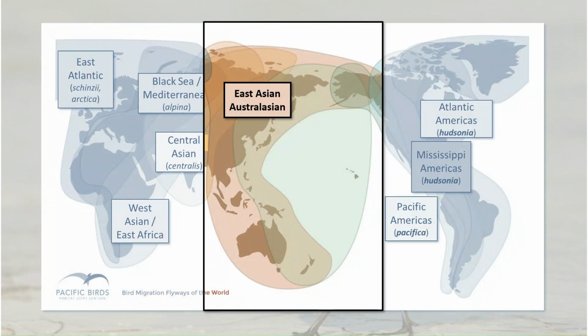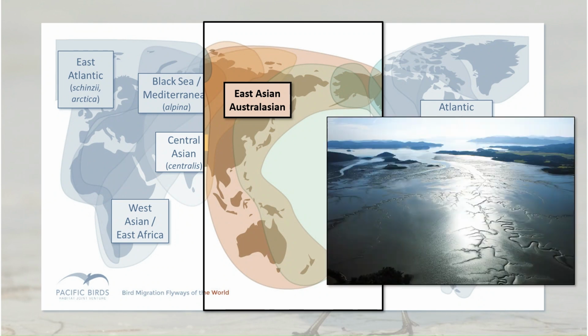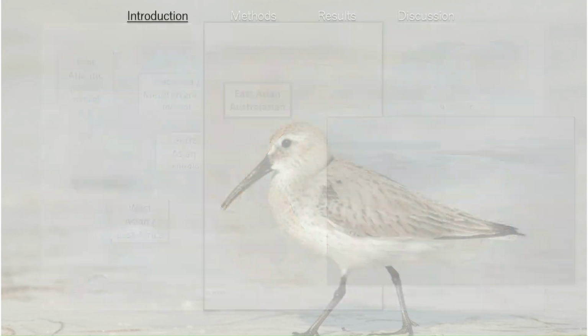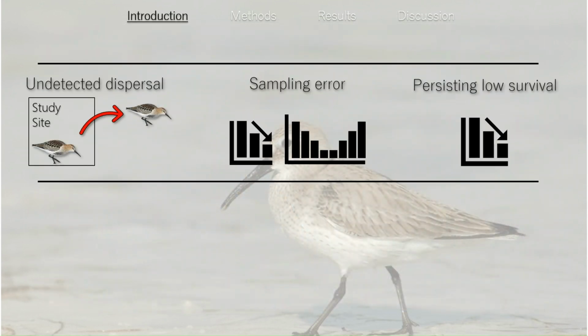The East Asian Australasian Flyway, EAAF, is a major flyway for migratory shorebirds, yet is experiencing fast shorebird population declines globally. In addition, some regions along the EAAF have lost 1.2% of intertidal habitat annually since 1980 due to climate change and human development. We wanted to understand if low